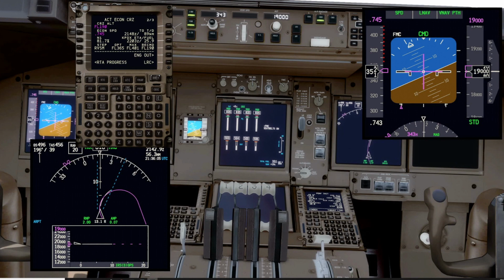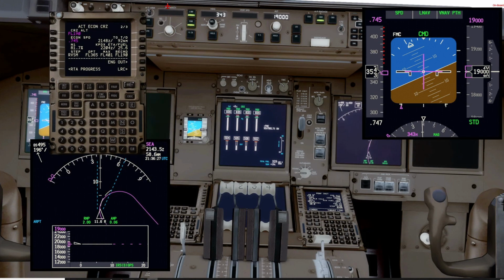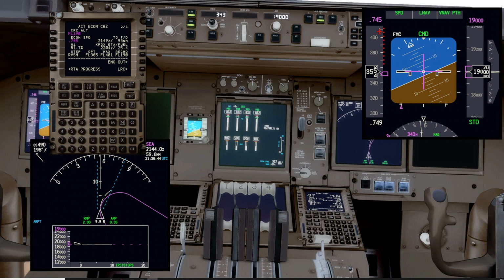You'll notice the title line at the top of the VNAV page always tells you what you're controlling to. The cruise page is active, and we're controlling to our best economic speed. Whenever you're controlling to the best econ speed, the indicated airspeed Mach window is blank, indicating that the FMC is controlling the speed, and the econ speed is 0.745 going to Portland. That speed is also displayed on the PFD in magenta, and it's in magenta on the